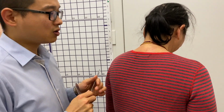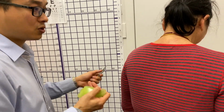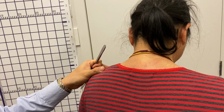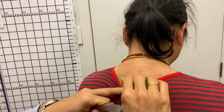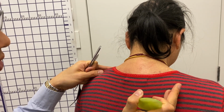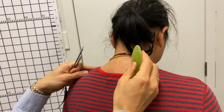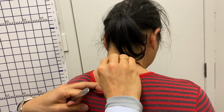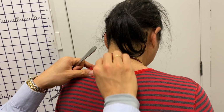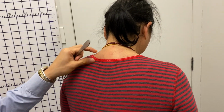Okay, so what we're going to do with the comb is this: you do the spine, from top down here, on the skin, right? On the skin. When you do it, put some ointment. Sesame oil is the best, or you can put some water or olive oil, and just like that. Now I want you to do here to here, right? And as you do it,